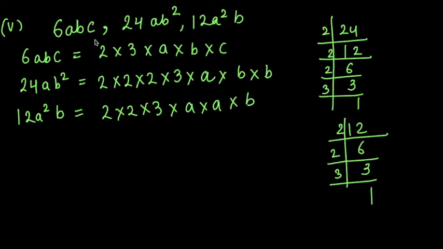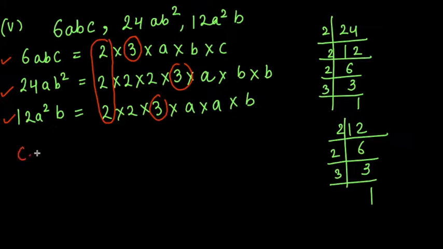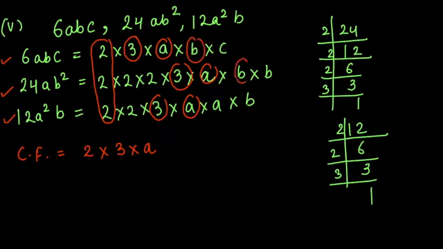Now we will see what are the common terms. We have a 2 in all three terms. Now when you have three terms to write the common factor, you have to group the terms in all three together. Okay, now 3 1 3 we have here, we have a 3 here as well, and we have a 3 here as well. So the common factors, if you want to write, is 2 into 3. Then we do have a here, a here, a here, so into a. One b is here, b is here, b is here, so I can place b also here. We have a c here, but not in 24ab square and 12a square b. So now take the product, 2 3s are 6 ab.